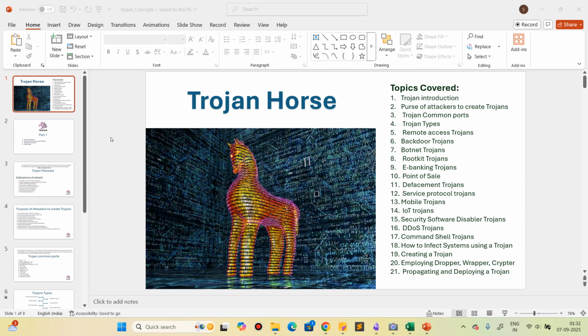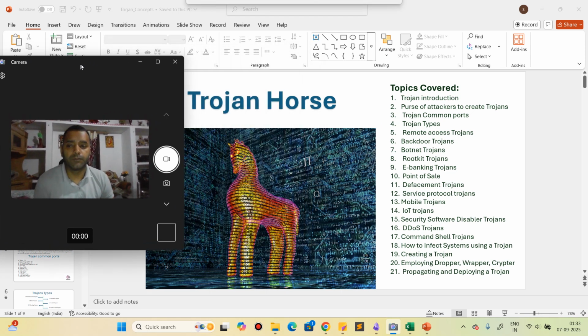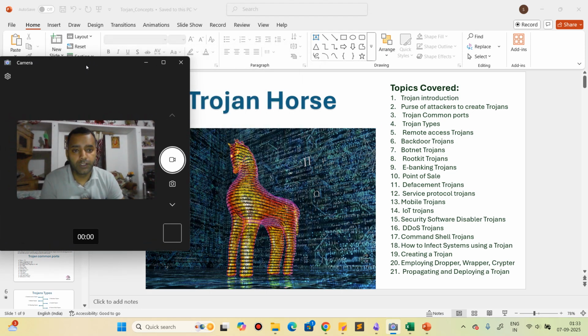So now today the topic is Trojan horse, okay? And Trojan is a malware that is used to gather the information from attacker systems, right? And in this topic you will get more detailed information about what is Trojan,